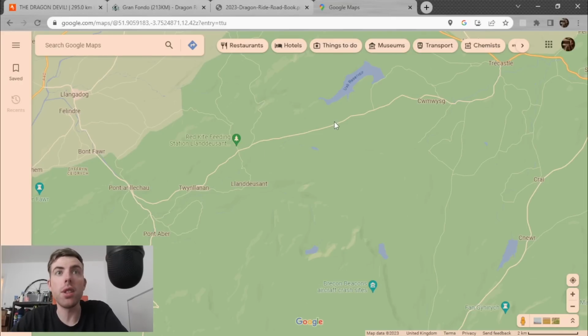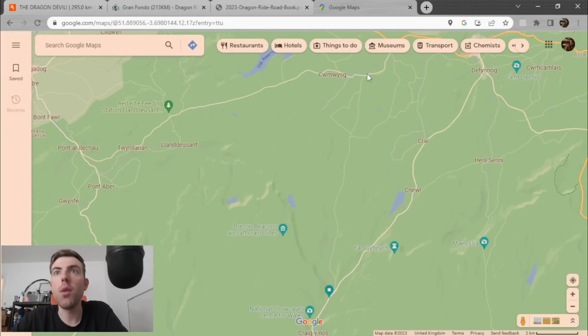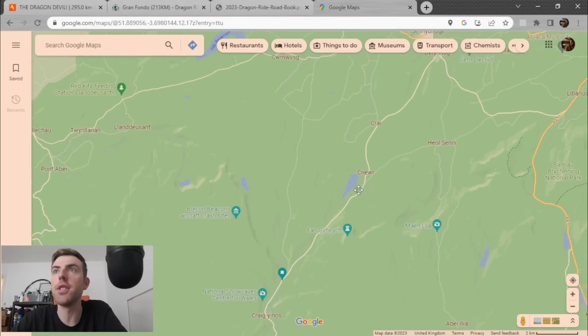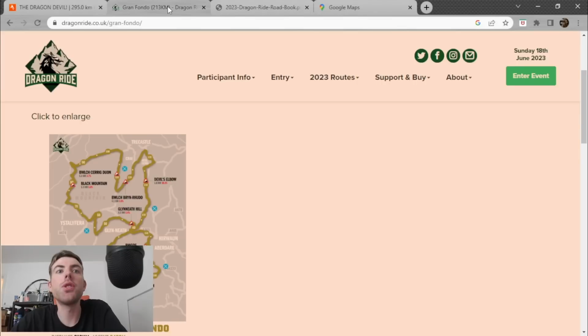It's really nice, actually. Very, very nice area. And then you're going to head where this climb starts. The categorized climb, they're saying, is here to the bottom of Cray, and then you're going to take a left, and then you're going to head up another climb straight away up to the top of Cray, where I think there's a feed station. That's probably your best bet to definitely have a good stop at that one, because